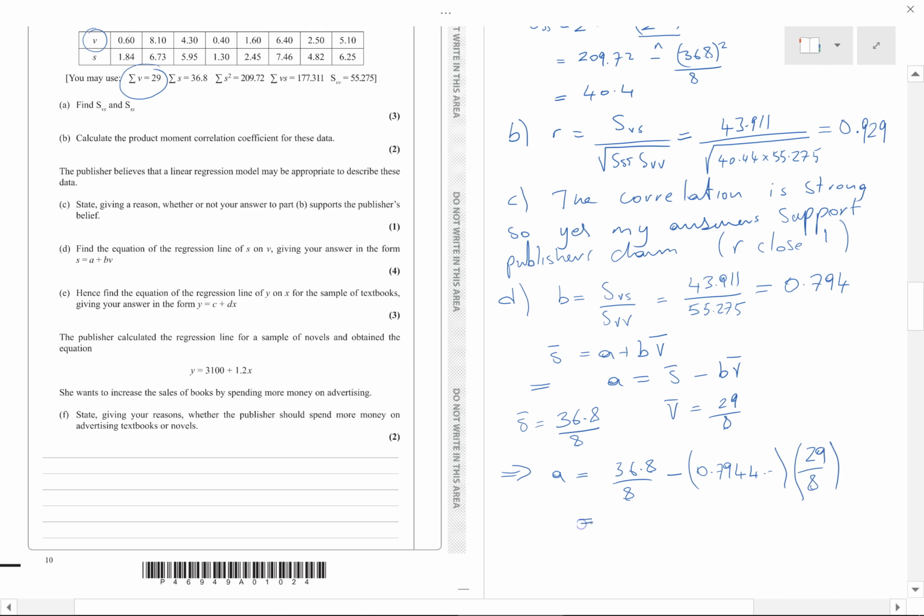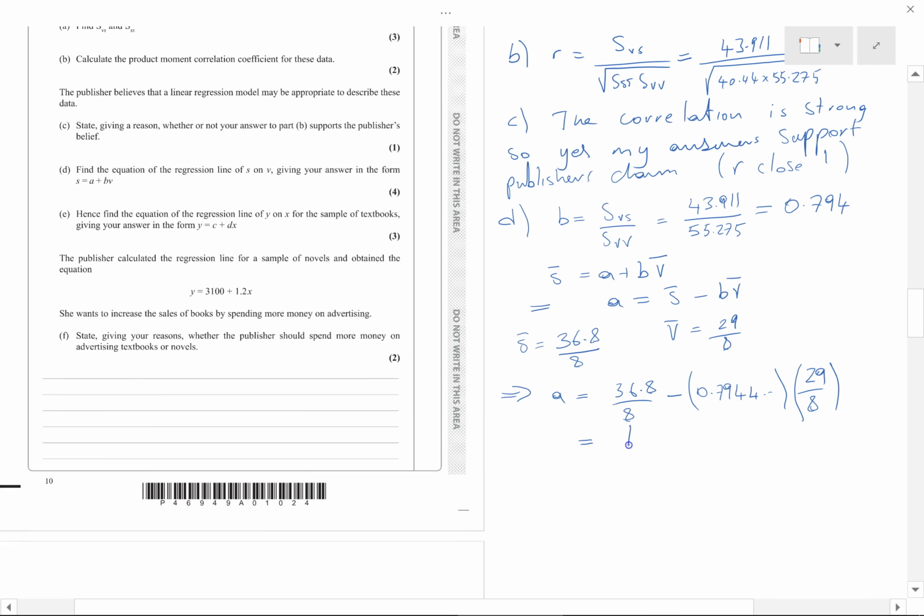So that gives me A equals, when we work that out, 1.720. Let's go for three significant figures, 1.72. Okay, let's write our final regression line in. That gives us S equals 1.72 plus B, which is 0.794